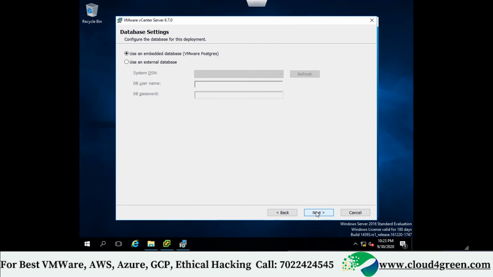Look into my screen. Can you see? Write down this database setting. Under database settings, select use an embedded database, that is VMware Postgres. So this database is customized by VMware. VMware Postgres is open source. Okay, they modified this.